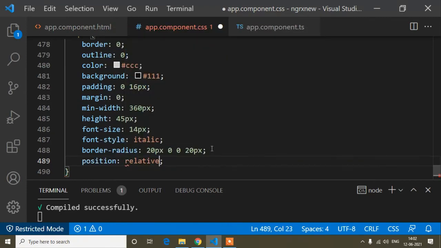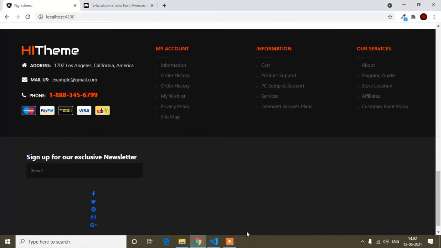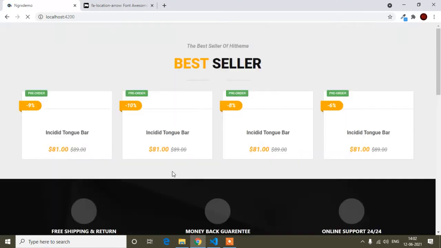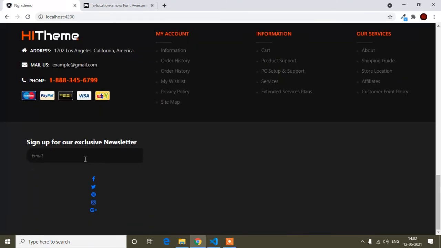I will save this first, and now you will see it changes. Here you can see the border radius. I have written position relative because here is the button. I will bring this button here, so that means the button is floated. Where will it float? In this input field, so that's why the button will be position absolute.